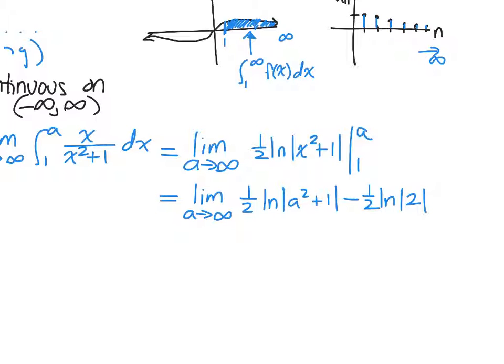The natural log as I go out to infinity is going to approach what? Infinity. The one half of infinity, however you manipulate this, is still going to be infinity. So I'm going to get infinity minus 1/2 ln 2, which is going to be infinity. So therefore, the series diverges